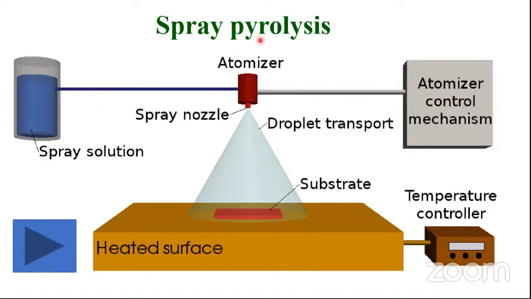Here we have a connection so that the solution is kept in this atomizer jet, and here is a spraying nozzle. We can control it automatically so that this nozzle will spray the solution over this substrate. As a result, spray droplets will be formed over the substrate, and on heating the substrate, we can fabricate the film. So this is a very simple method of synthesizing this structure.